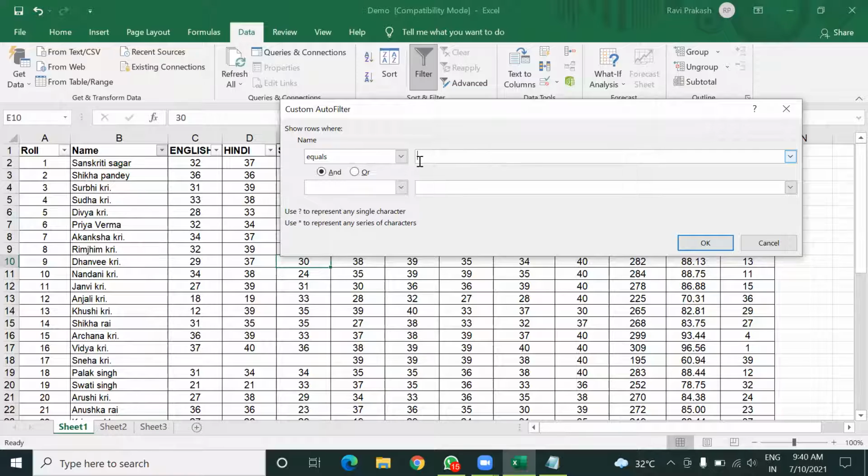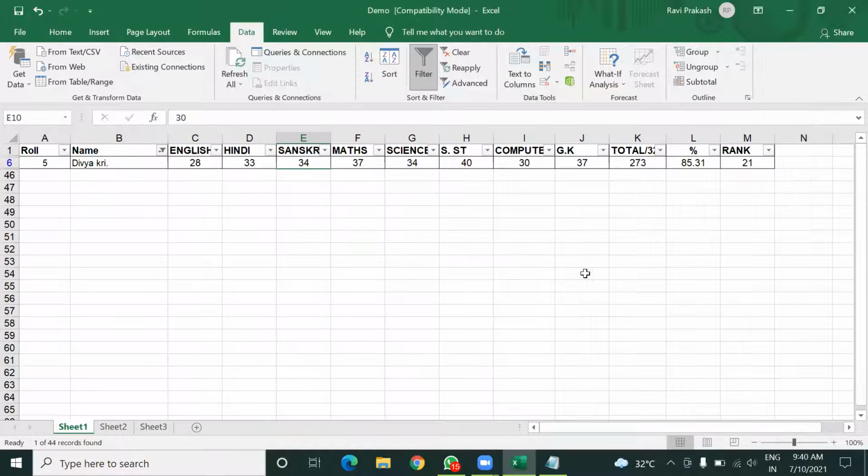If you type here the name of the student, then whatever results there are in this table with that name will be displayed. For example, I'm going to type Divya Kumari and click on OK.